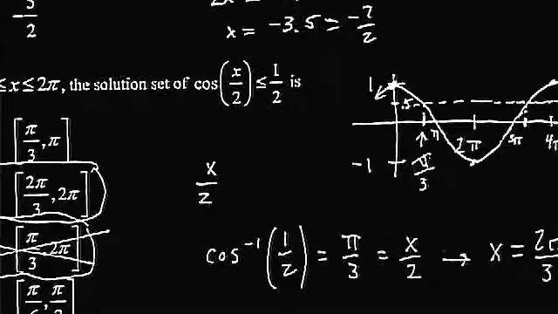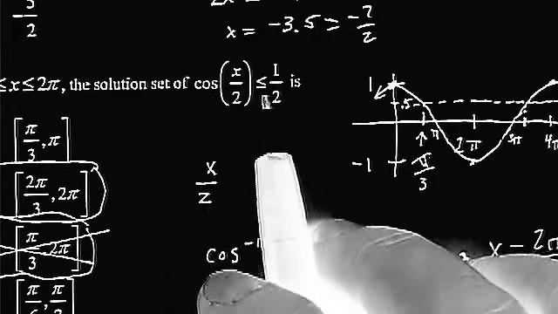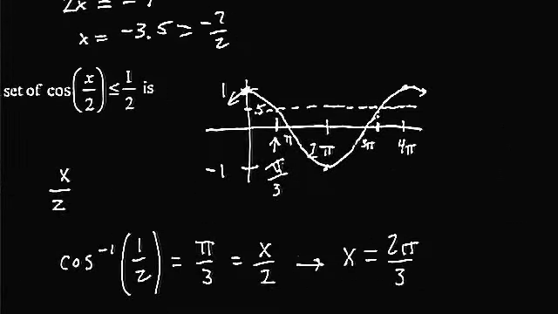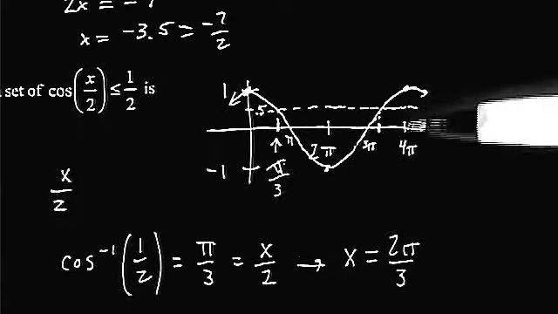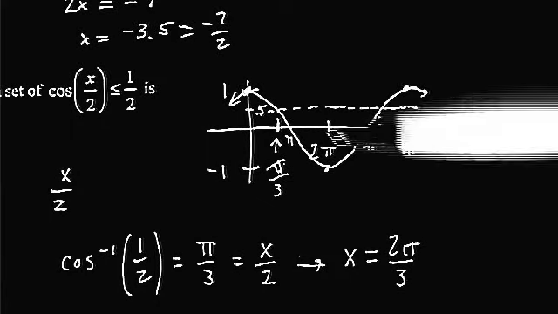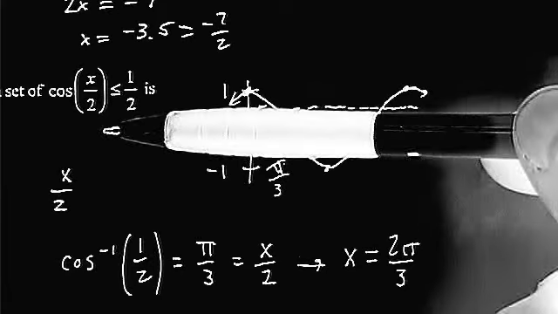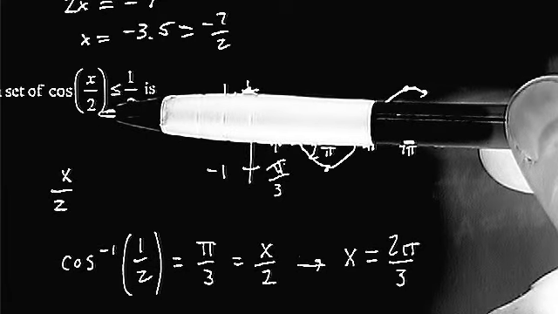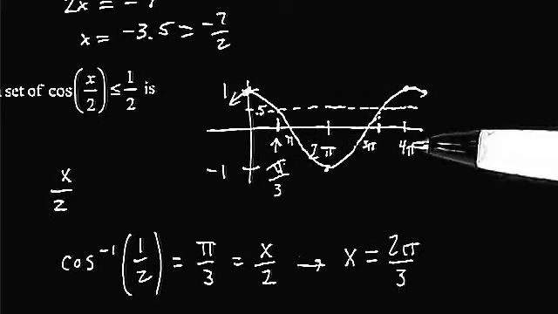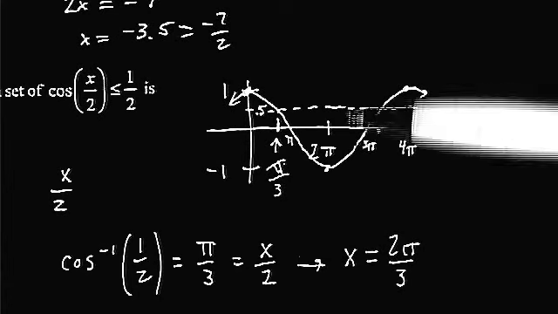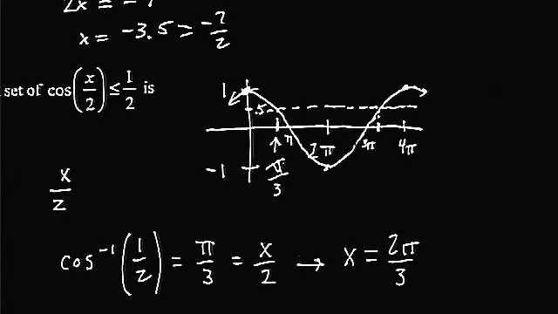23. Cosine of x over 2 is less than or equal to 1/2. Well, if you think about this, the cosine function looks like this. X over 2 means that the period has been stretched all the way to 4 pi. It's been doubled from 2 pi to 4 pi. And so if you want to know when that's less than 1/2,